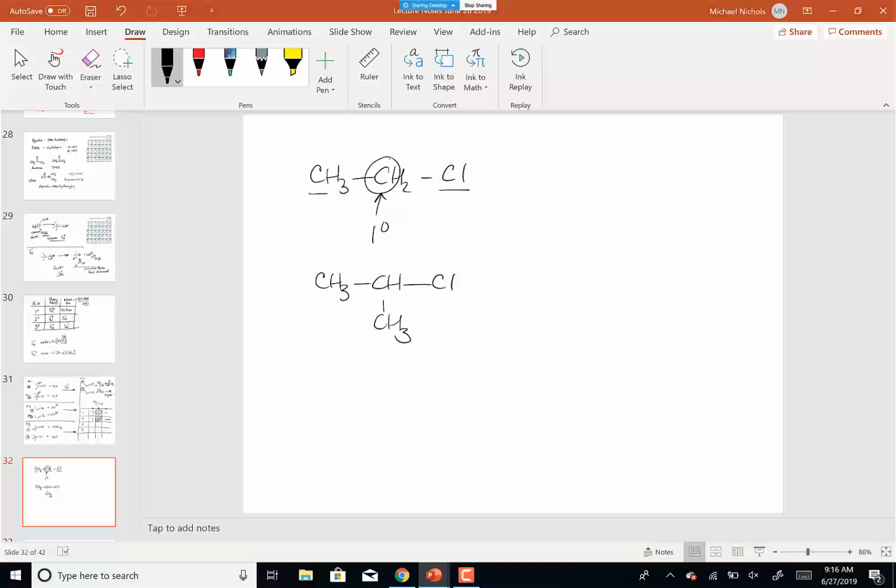If I had that one, again, focusing on the carbon that's attached to the halogen. The halogen and oxygen don't count for primary or secondary. It's only the carbons that are attached. So how many carbons does that have attached to it? 2, and so that makes it secondary. And then the tertiary,